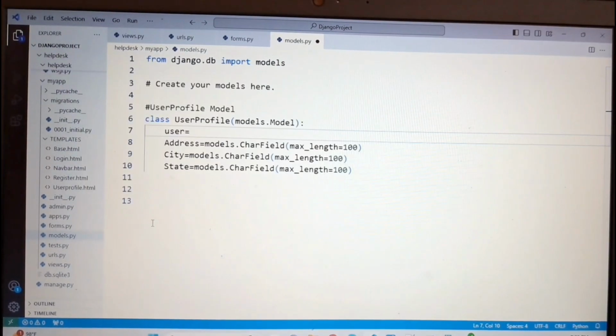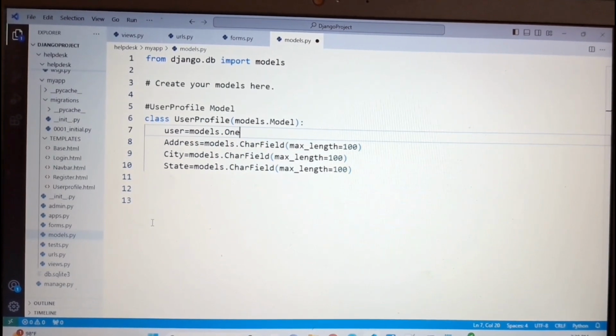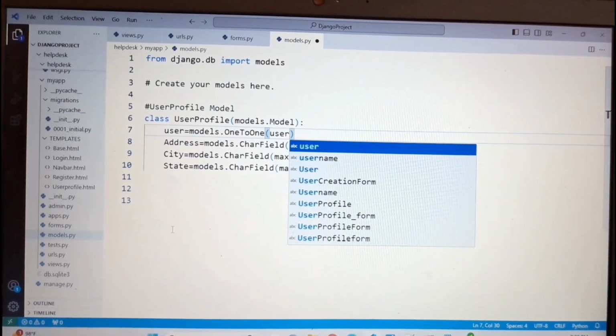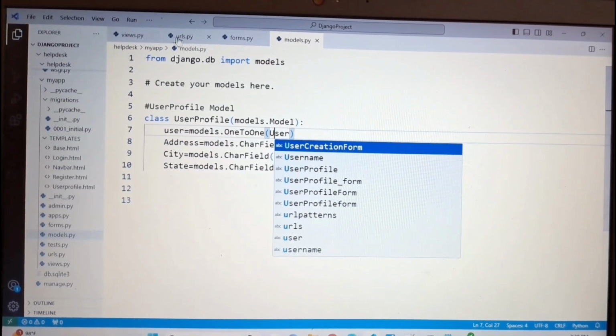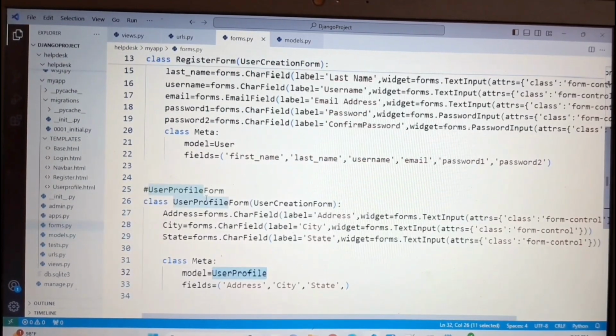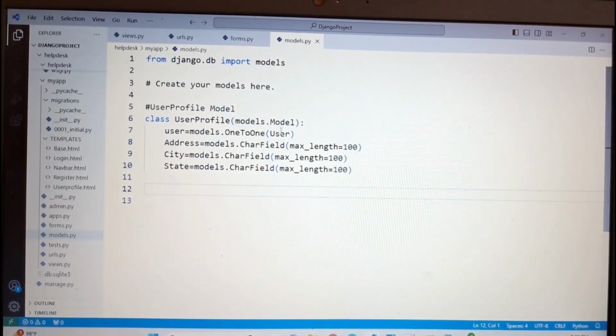So for that, models dot OneToOne, one-to-one relationship I want, and with whom I want, I want with user. You have to write user. If you see here in the forms, simply copy this one and paste here, the same thing,